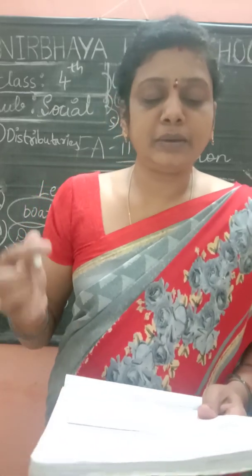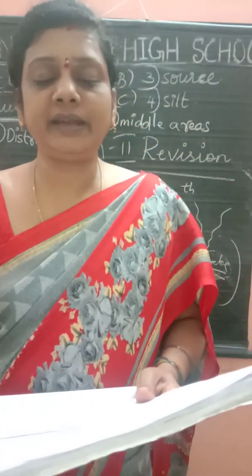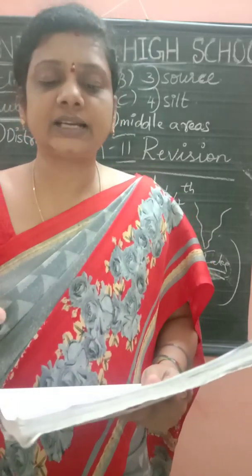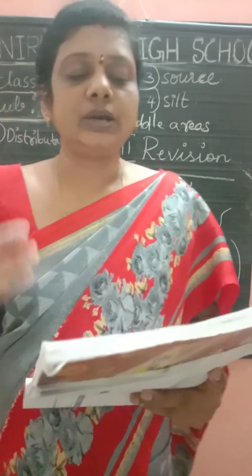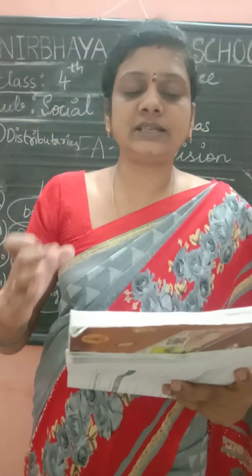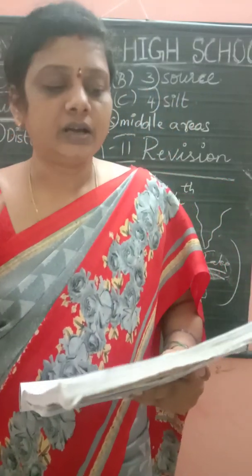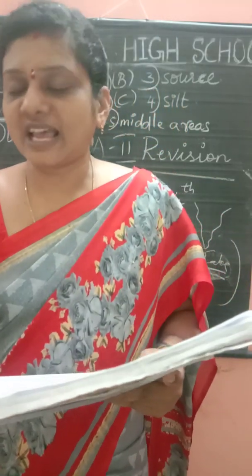Children, 19th answer. Mention two reasons why we need to look after the rivers. Describe two ways in which you can help to look after the rivers. Yes, we should look after the rivers as the silt brought by rivers is good for farming. Rivers also provide us drinking water, without which we cannot live. Yes, we can help to look after rivers by not throwing waste such as plastic into them, not immersing idols, or not polluting the river water.